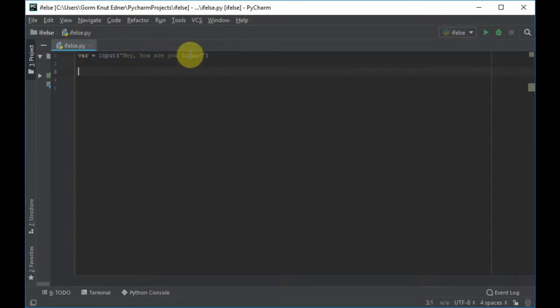If the user answers bad, then the variable will be equal to bad. And now we're going to say that if the answer to our question is good, then we want to print this. And if it's something else, the answer is not good, then we want to print this or something else. So let's go ahead, and if var is double equal there to